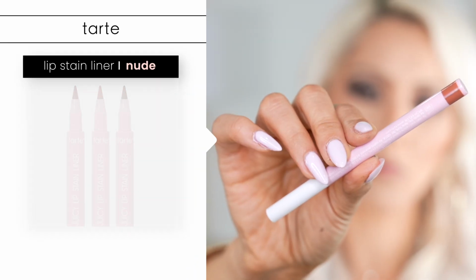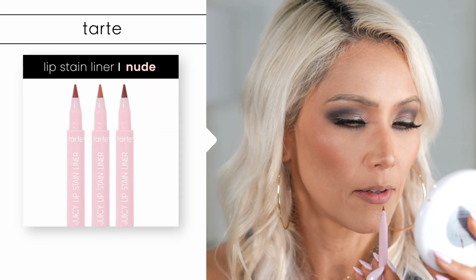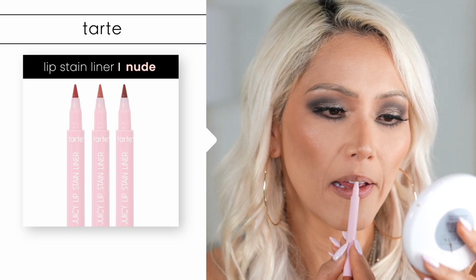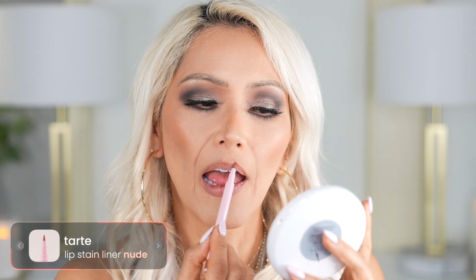All right, taking that off and now going in with the Tarte Lip Liner Stain. I really like this, you guys. It could be drying all over the lips, which I'll show you guys. I think it might be better as a lip liner. I would like to get more of a softer pink one as well, but I do really like it. And this does really last, but I would concentrate this one more on the liner part of your lips, but